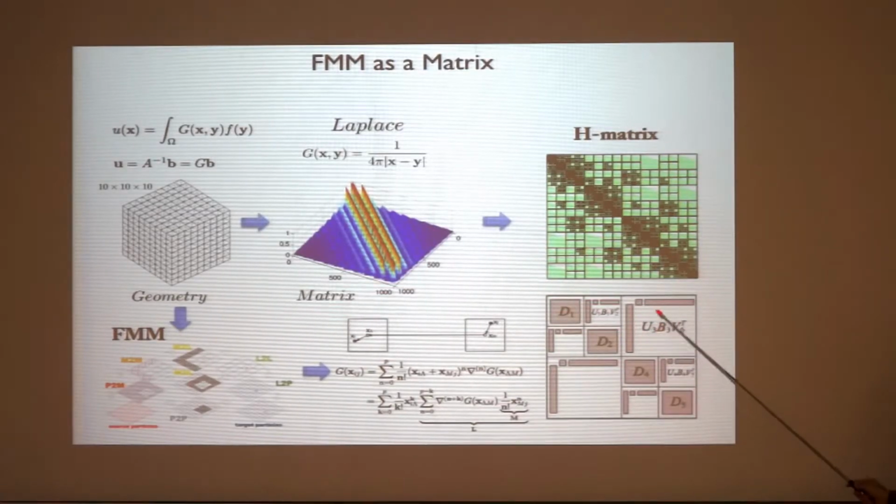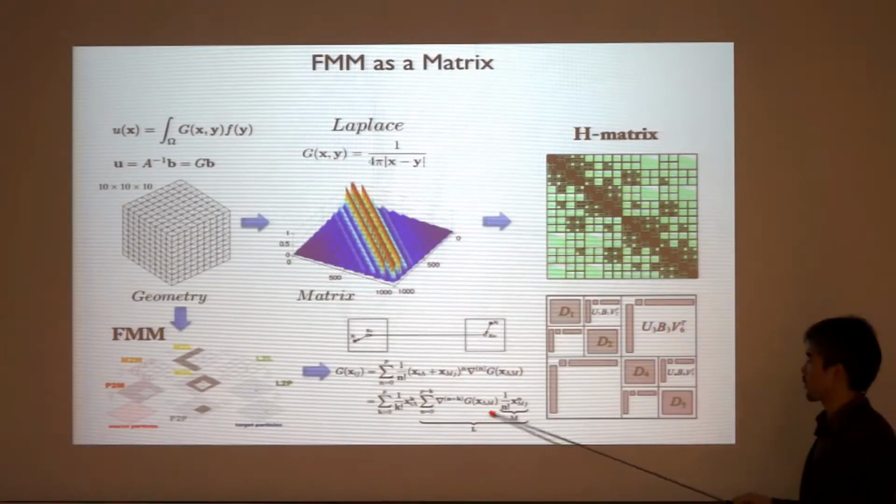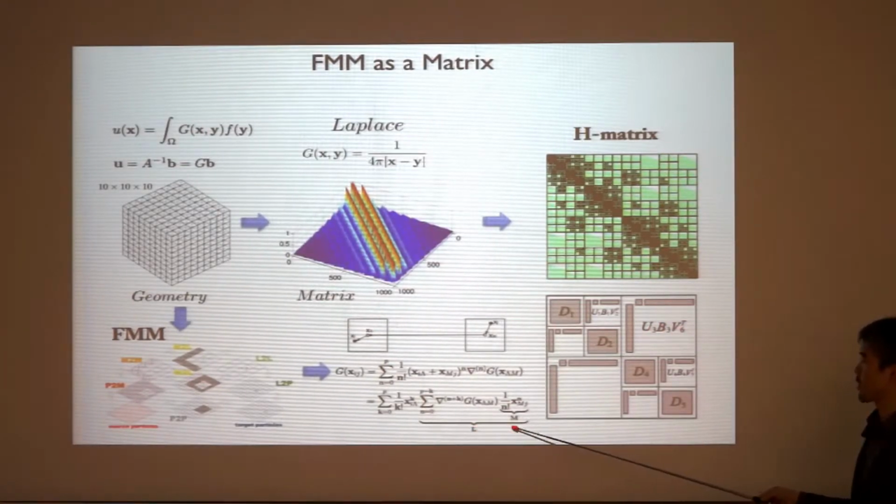You have, let's call this a vector, or it's not a vector, it's like a tall and skinny matrix. This width is not 1, it's actually some small number. Let's call this one U, this very small block B, and this long block V. So these U, B, and V things, if you think of what they are in this equation, is that